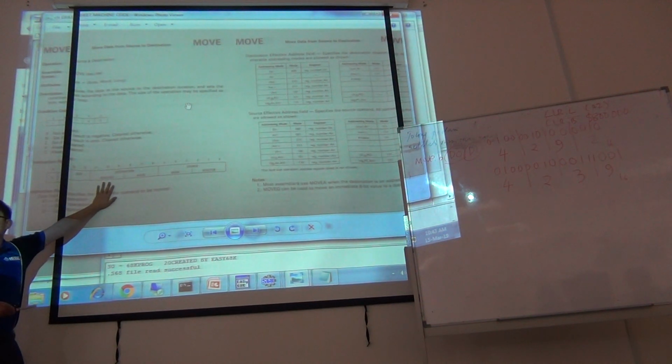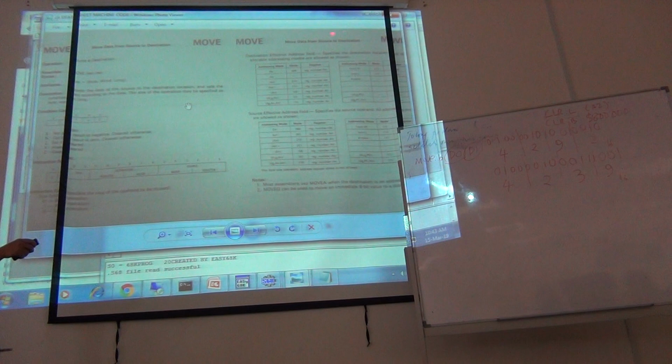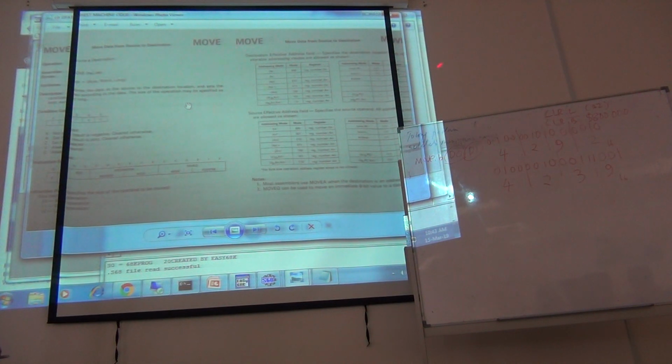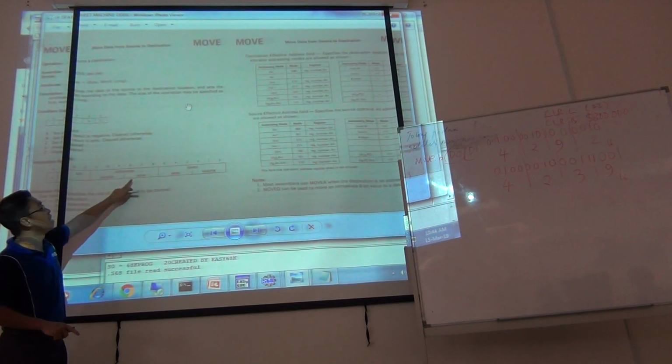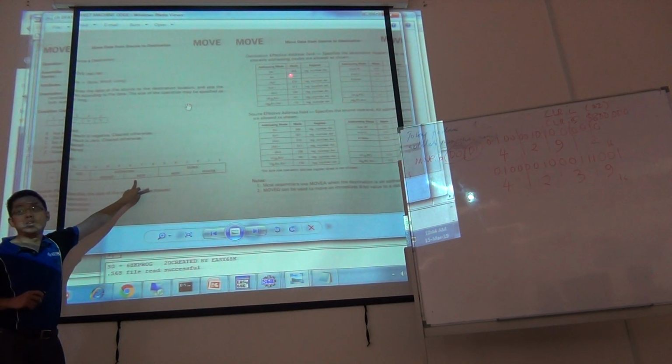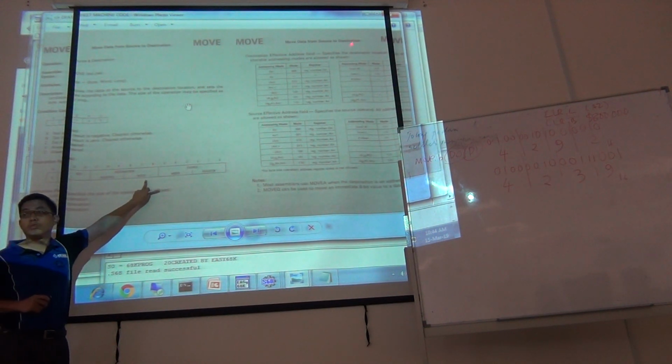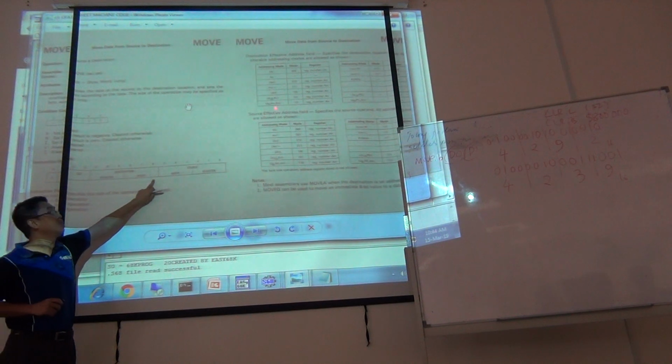Destination D1. So look at the table. Which one for the destination is over here? You have to refer to which part? The first one, because it is a data register. So you have to fill up the register number here. It's D1, correct? So the number will be 001. You convert number 1 to binary, which is equivalent to 0001. The mode you just take from here. Mode is 000. Now move to destination for the